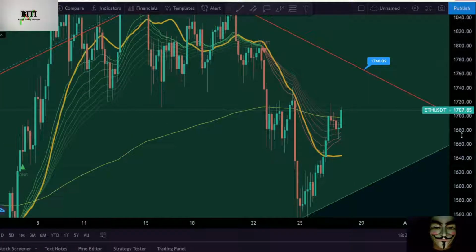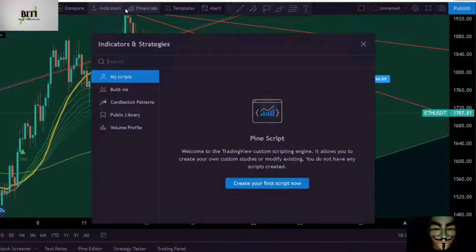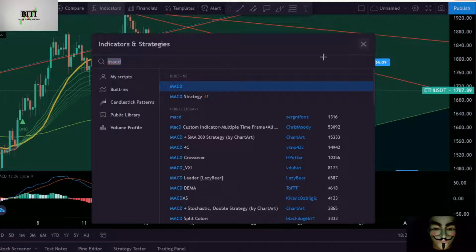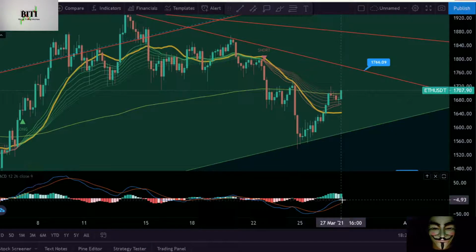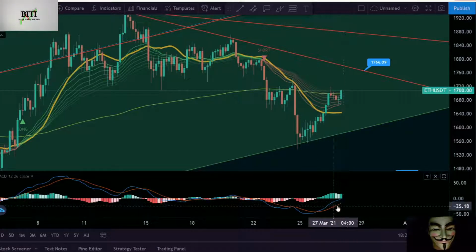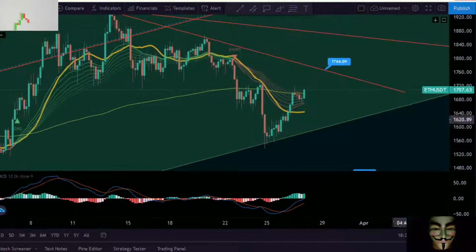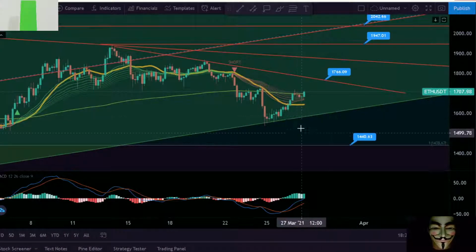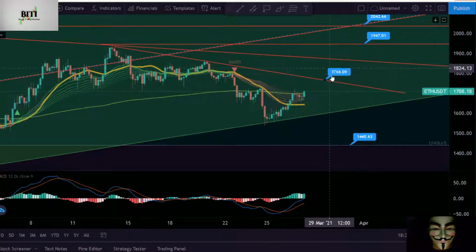This is very nice. What's going on with the MACD? What is the MACD telling us? To the downside, we can see an extreme bullish MACD, blue line over the brown line, both lines are going to the upside. That's a very bullish thing. So momentarily on the 4-hour chart, really everything looks nice here for Ethereum to reach the next resistance,